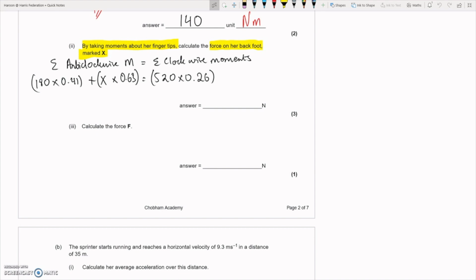Now, a good thing to do in the exam is, some students put everything on the exam paper in one go, and they just do the calculation in one go. You're bound to make mistakes, so I always calculate everything separately. That will give me 0.63x, and then 520 times 0.26, and I'm going to put in the actual value here, which is 135.2, just to make it a bit more accurate. So that will give me 0.63x, which is equal to 135.2, take away 73.8,